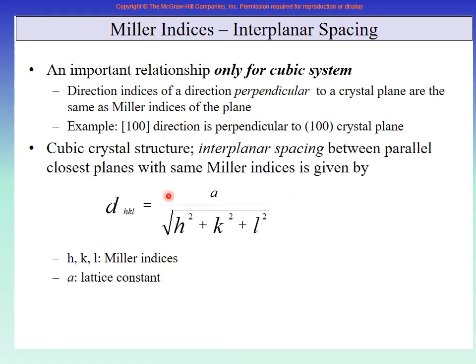So right now we will not have too much description based on this. Towards the end of the chapter you will see that this interplanar spacing plays a huge role in experimental work done at microscopic level, crystal level and so on. Right now this much is enough, that if we want to find interplanar spacing, then this DHKL is the interplanar distance between the plane HKL and the next plane HKL, right?